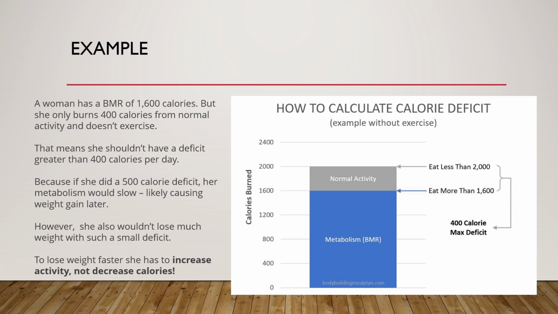By this example you must have understood that most people think, okay, I'll eat less, I'll go on a most restrictive diet, I'm going to consume very few calories. But sometimes when you consume fewer calories you gain weight. You must have seen, okay, I'm not eating anything, still gaining weight. This is the reason, because you're not eating as much as your metabolism needs. If you eat less, your metabolism will go down, you will gain weight. So instead of eating less, understand your BMR, understand how much you're burning daily, and increase your activity instead of decreasing your calories.